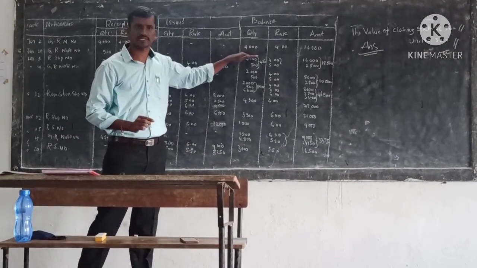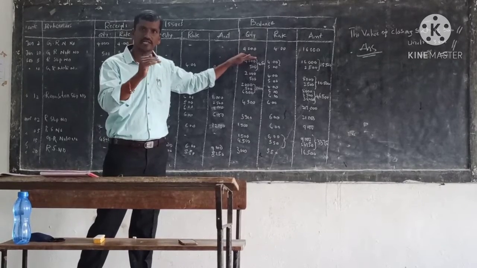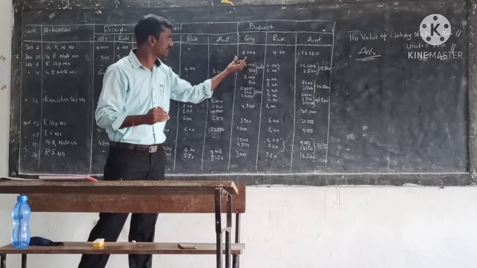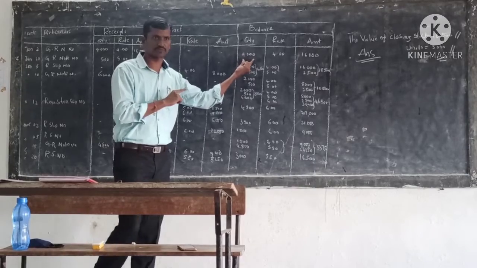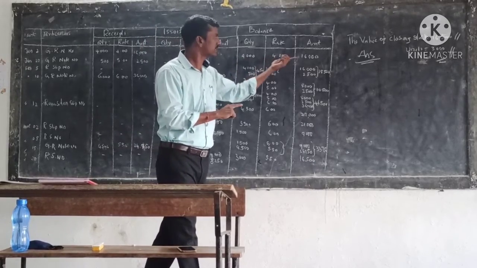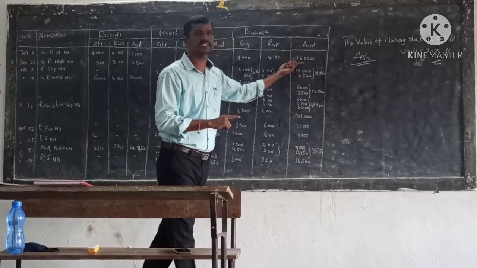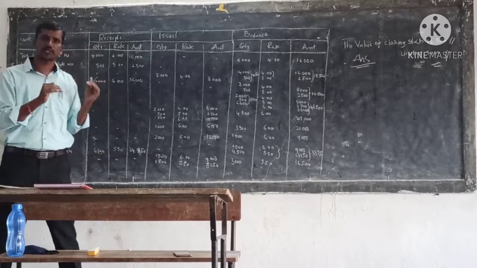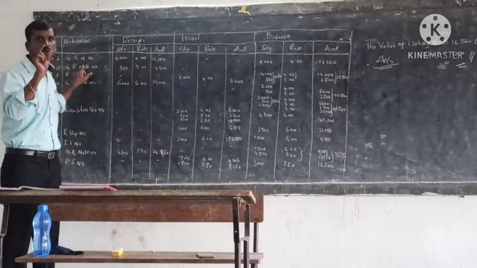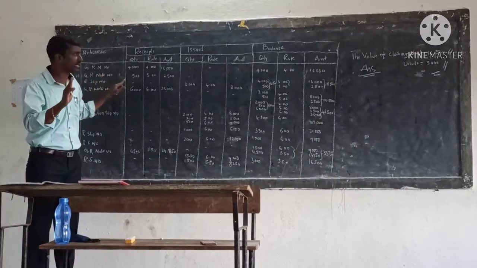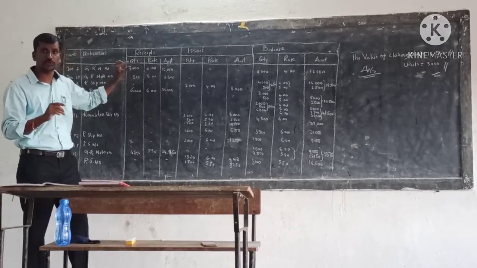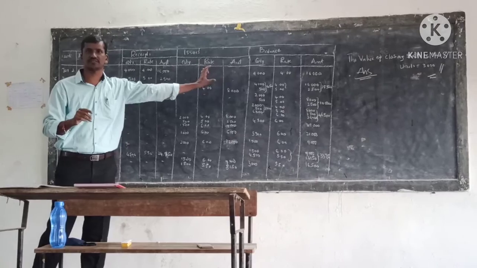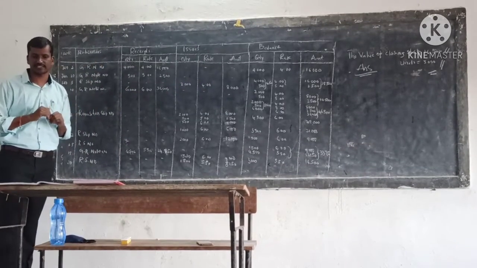Then you come to the balance column. Balance column means whatever stock is available with us should be recorded in the balance column. That is available units, 4,000 units. Rate per unit 4 rupees. Then the total amount is 16,000. So now you understand that whenever we receive goods, we have to enter the goods received note number into the particulars column, you enter the data in the receipts column, and you put the hyphen mark in the issue column. That finishes. Now we will go to the second transaction.